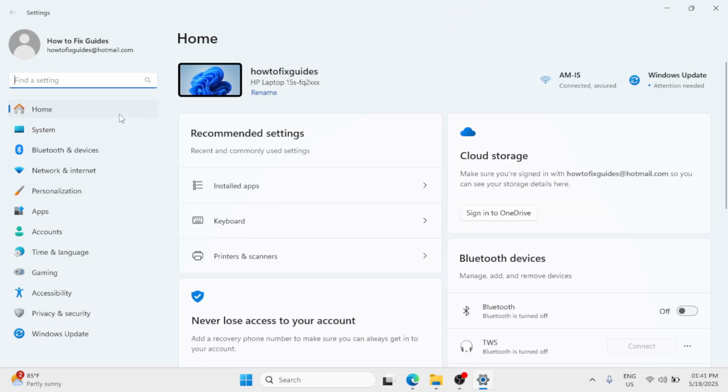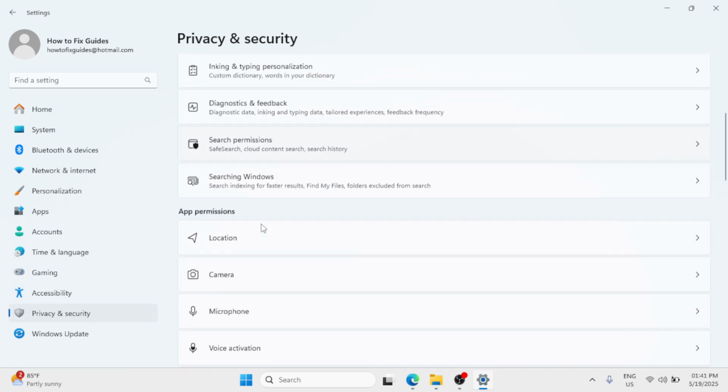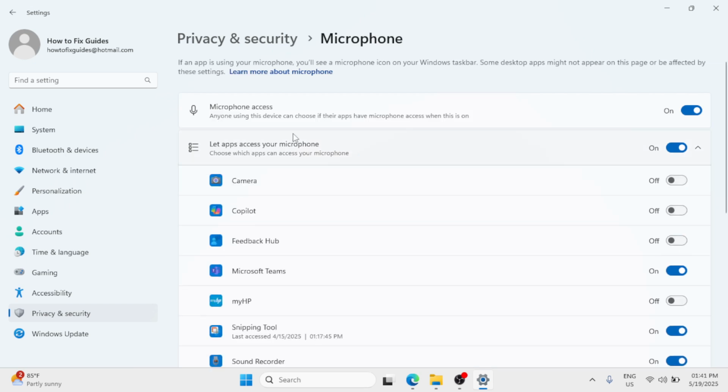And here in the list of options on the left end, we just need to simply click on privacy and security. And then we have to scroll down and under app permissions, we can find microphone. So click on that. Now we need to make sure that microphone access is enabled by turning it on. So anyone using this device can choose if their apps have microphone access when this is on. So if this is switched